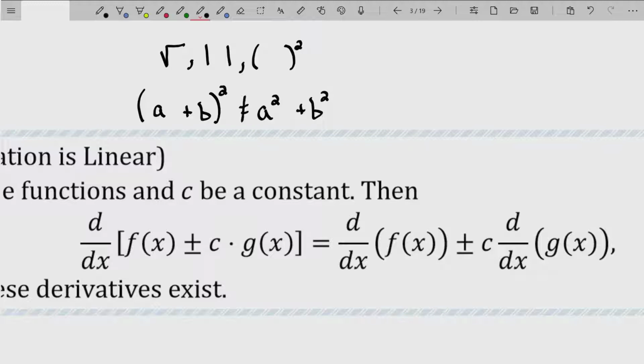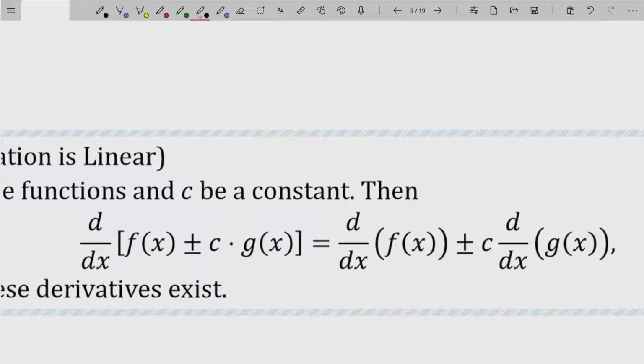That is totally not true. If it were true that a plus b quantity squared is a squared plus b squared, then we would say that squaring is called a linear operator because it breaks across addition. And furthermore, if we have a c in there, if we could write it this way, then again, it would be considered linear. Now, you don't need to know all this still, but I'm just letting you know the linearity operator, or an operator being linear, is what most people desire, but it is the type of operation that is